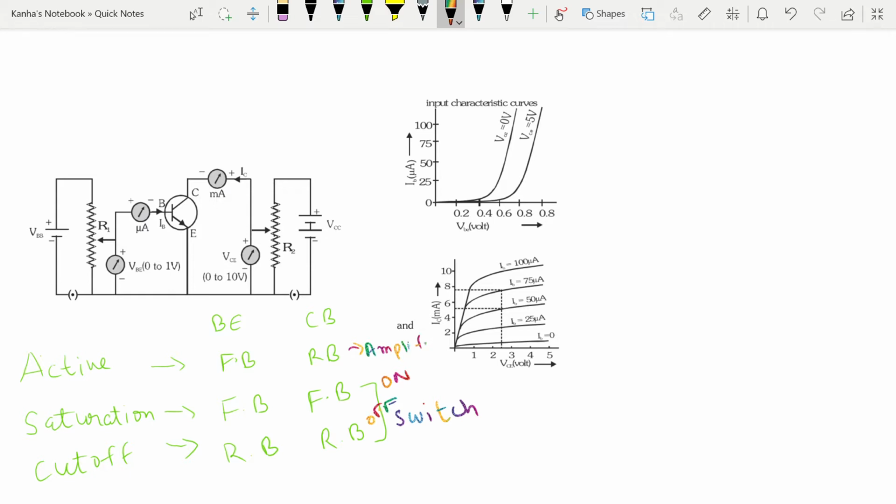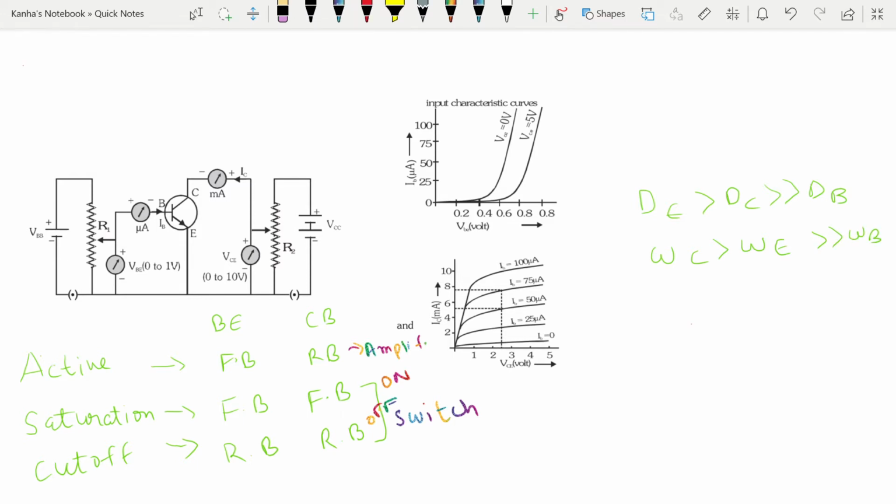Okay, with this thing out of the region, by default the transistor is in the active region. You should also take a note of the doping concentrations: the doping concentration of E is greater than that of C, which is very much greater than that of B. Also, the width of C is greater than the width of E, which is greater than the width of B.